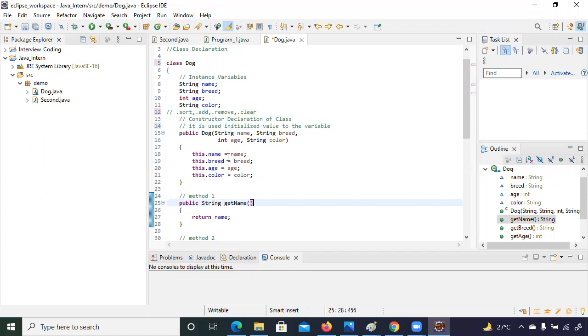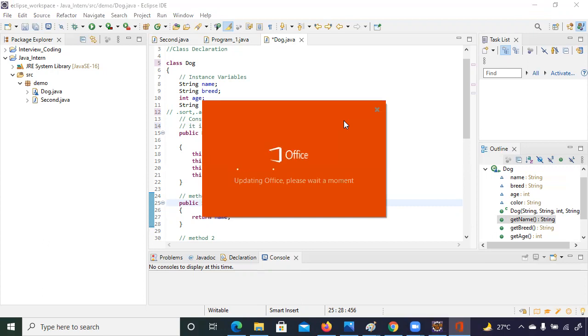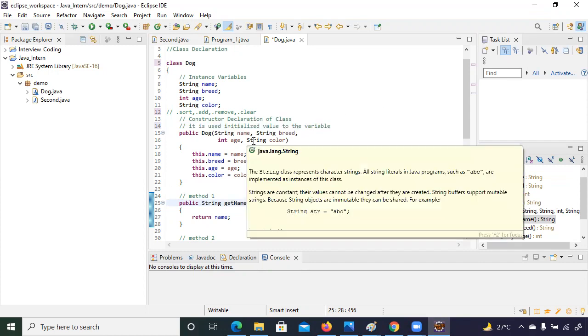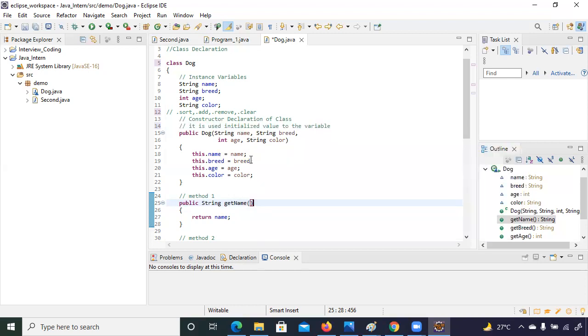I repeat once again: the this keyword is used to initialize the value to the variable and to point out that the variable belongs to the class Dog and to this constructor. That's why we use the this keyword.